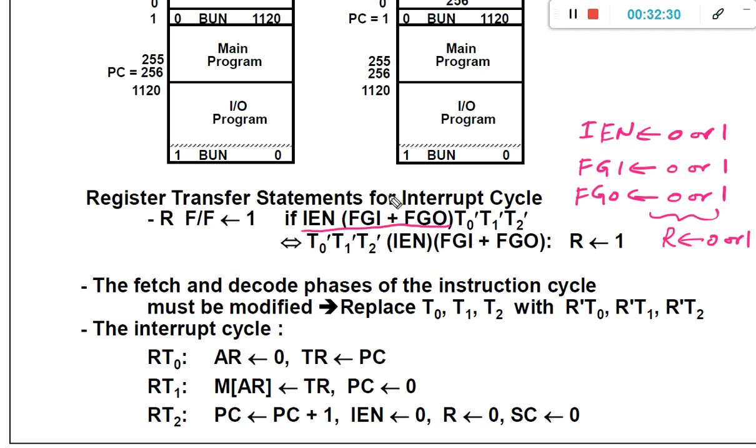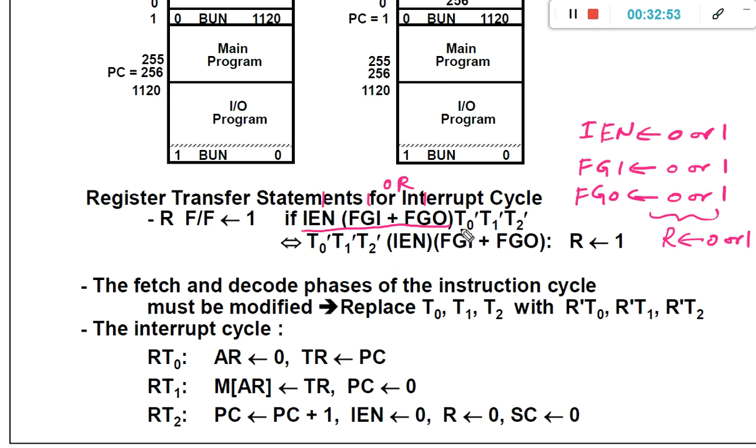Here the plus operation represents the logical OR operation. What does it mean? Either the FGI value is true or 1, or the FGO value is 1, and the IEN flag is 1, then we are going to perform the interrupt cycle. So that is the meaning of this particular expression.